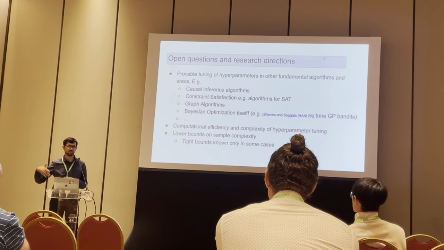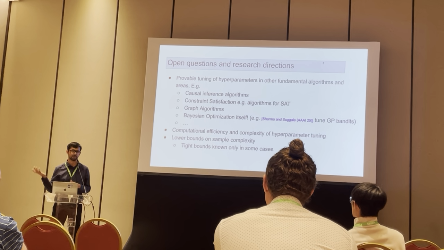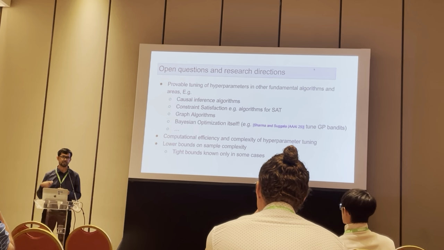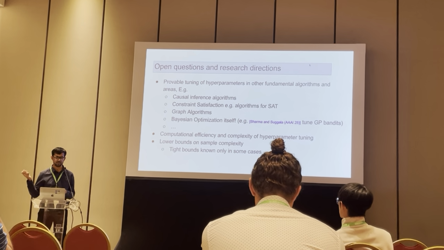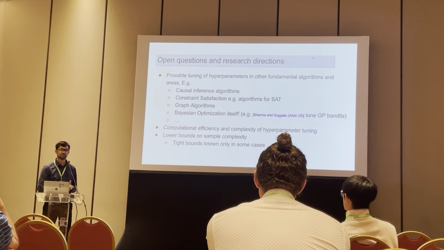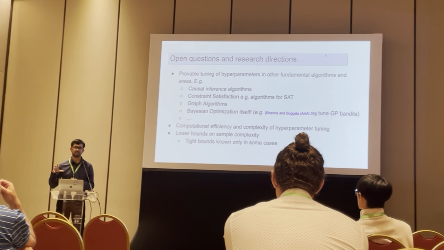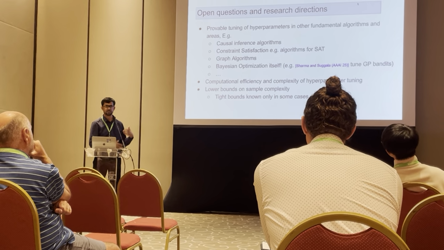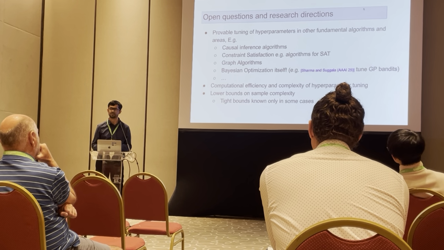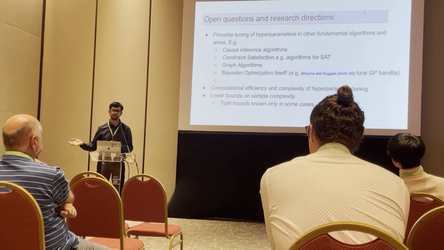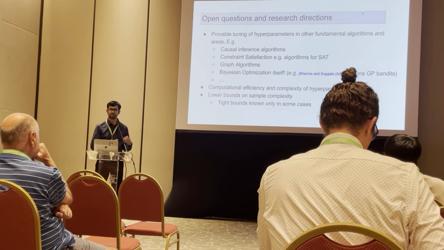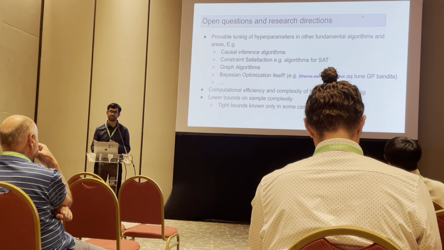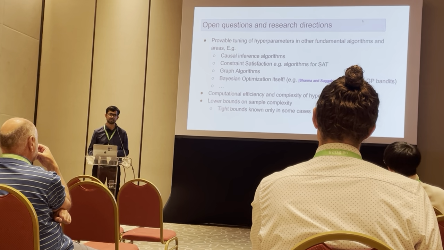Then maybe even give lower bounds, complexity theoretic lower bounds, both on the computational efficiency and the sample efficiency. So we have some examples of these results, but only for very specific problems. Not like I showed you a few slides ago, a whole bunch of different problems for which we know sample complexity guarantees, but those are upper bounds. So lower bounds and computational efficiency are not known except for a small number of cases.